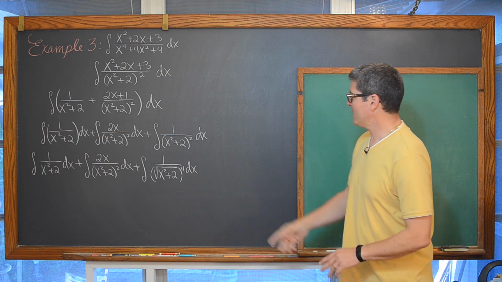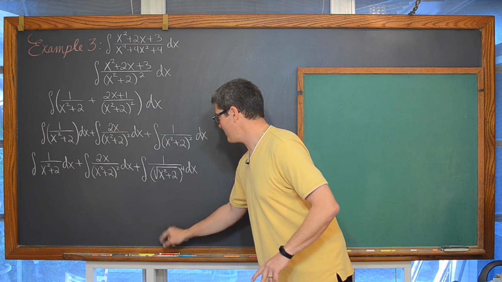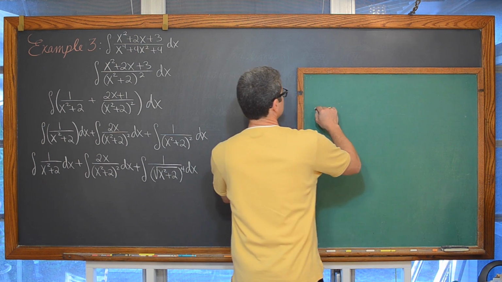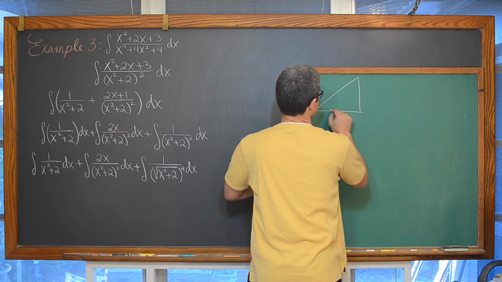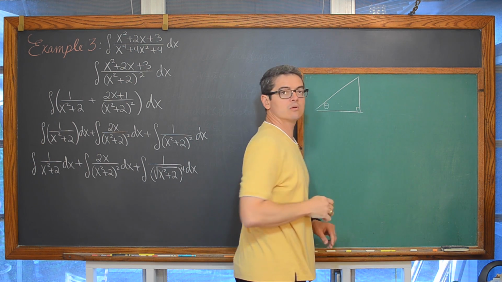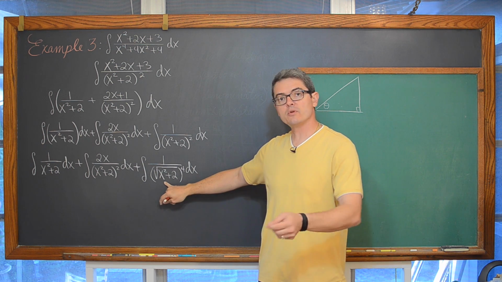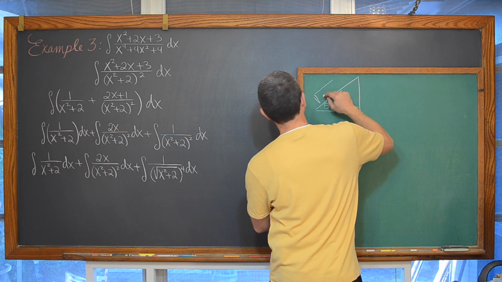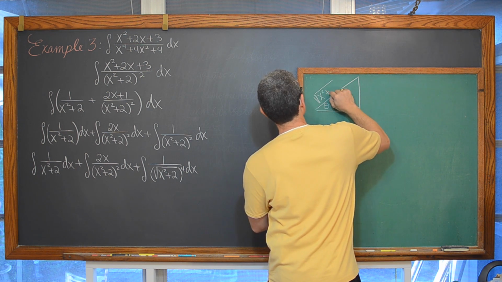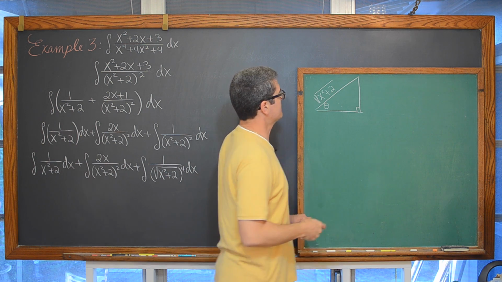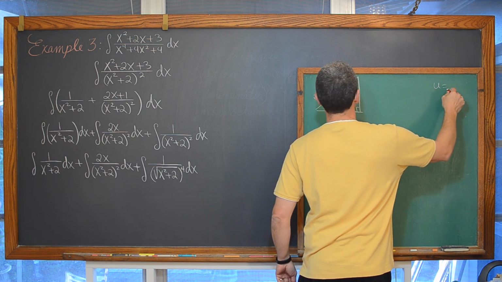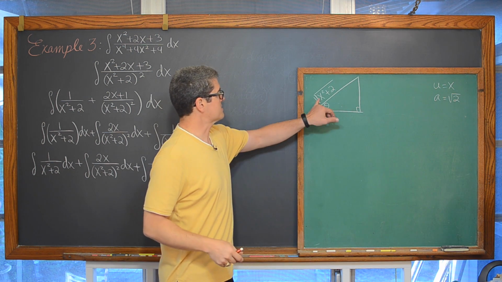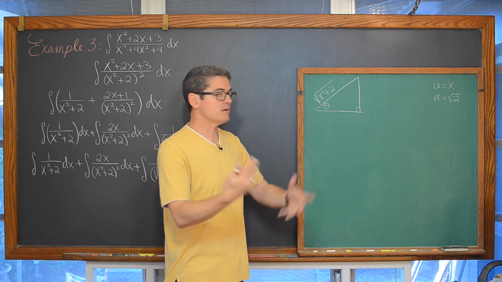With all that cleaned up, we now have, again, this requirement that we're going to need to do a little bit of trigonometric substitution. We're going to set up a diagram to help us figure this out, with theta in this lower right-hand corner. And with this square root of a sum of squares, like I said, we're describing the length of a hypotenuse. So here we go with our square root of x squared plus 2. And that is going to mean that our value of u is going to be equal to x, and a is going to be equal to the square root of 2, because it's some function squared plus a constant squared.